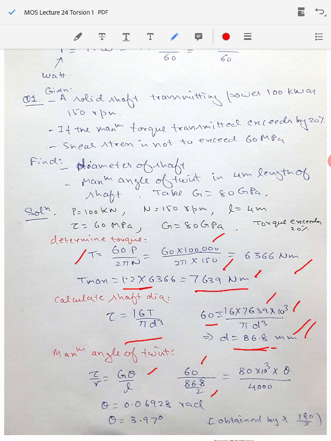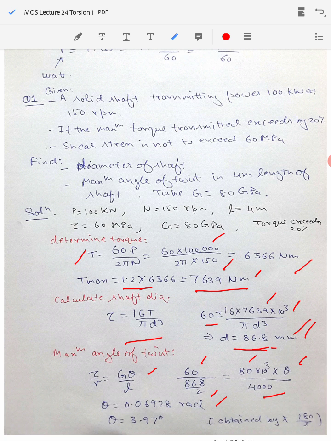For G you substitute 80 into 10 to the power 3 Newton per millimeter square, because gigapascal is equal to 10 to the power 3 Newton per millimeter square. Length will be 4000 millimeter, because 4 meter was the length of the shaft, and then you can calculate the value of theta as